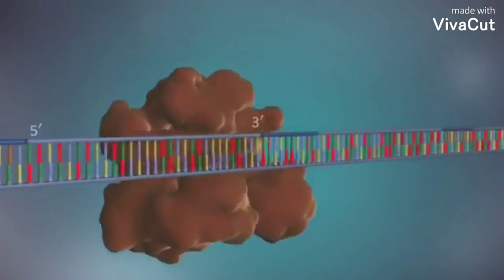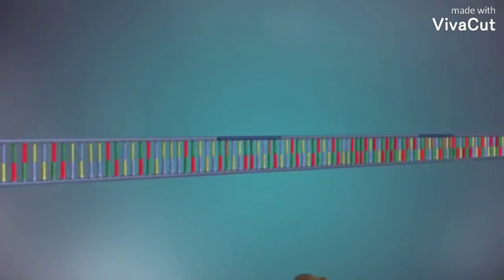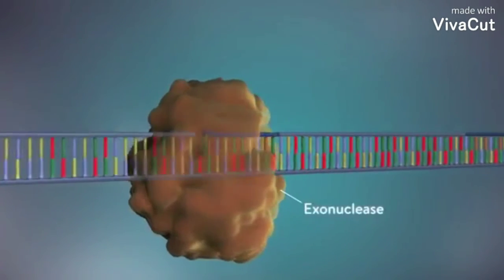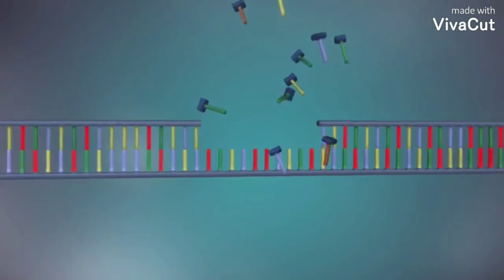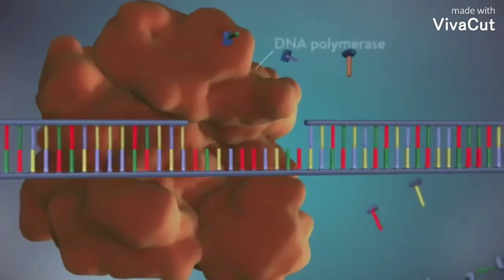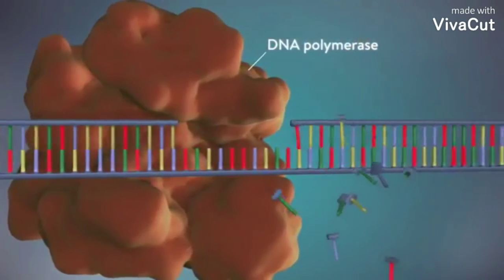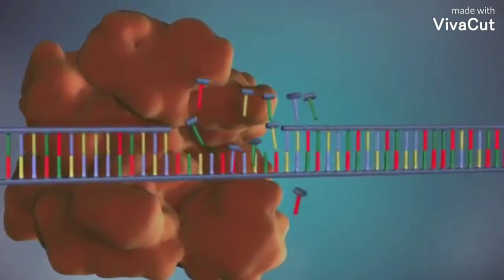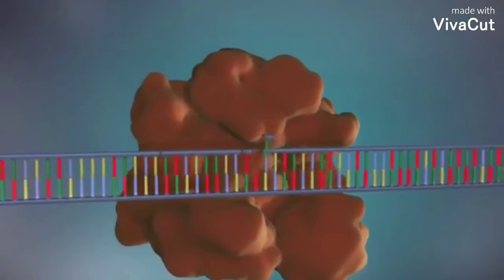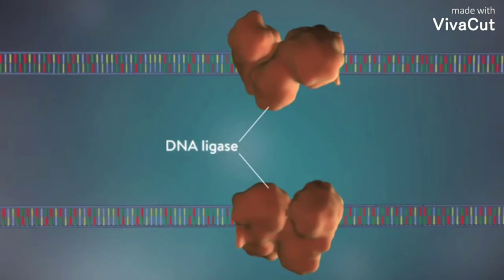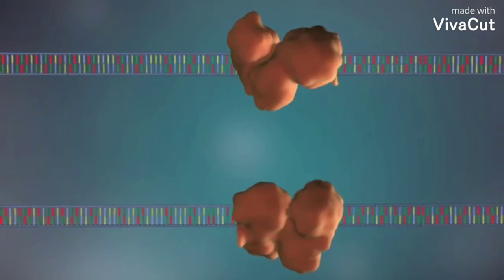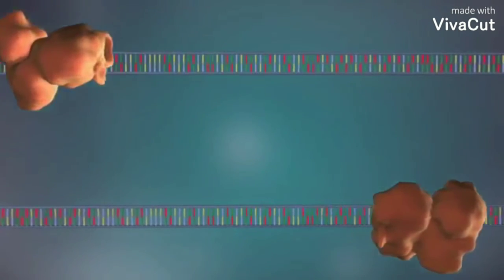Once the new DNA strand has been made, the enzyme called exonuclease, or DNA polymerase I, removes all the RNA primers from both the strands of DNA. Another DNA polymerase enzyme then fills the gap left behind after removal of the RNA primer. Finally, DNA ligase seals the gap left and the process of DNA replication is complete here. The DNA wraps up again.